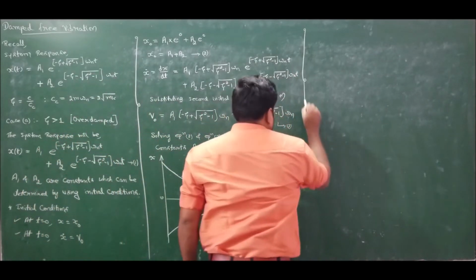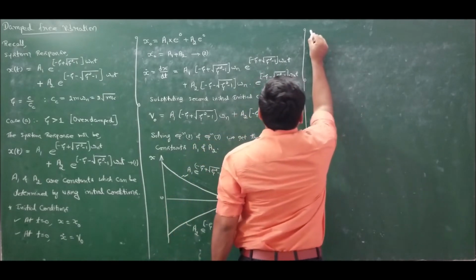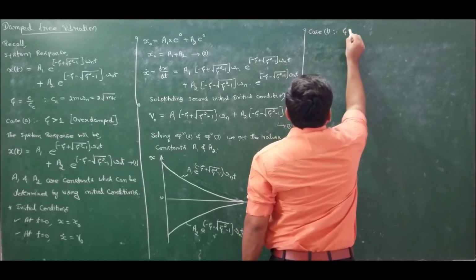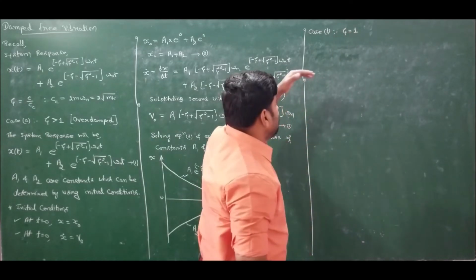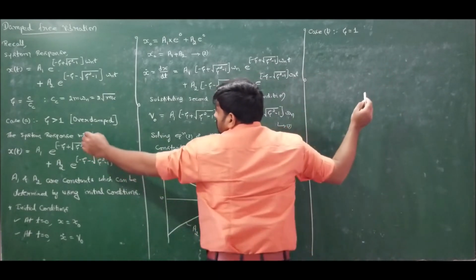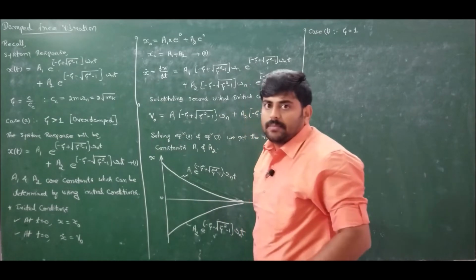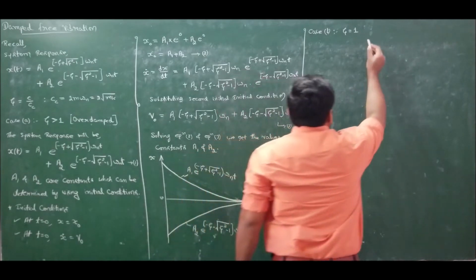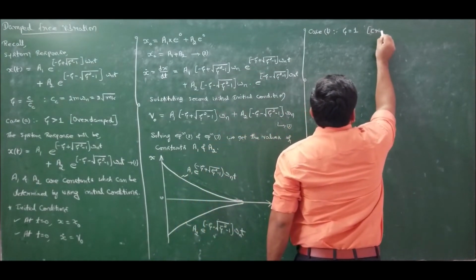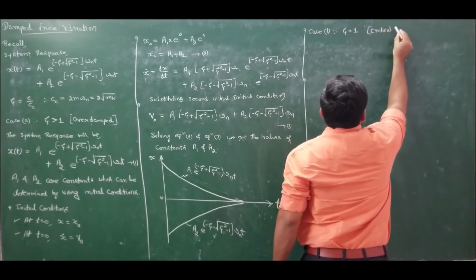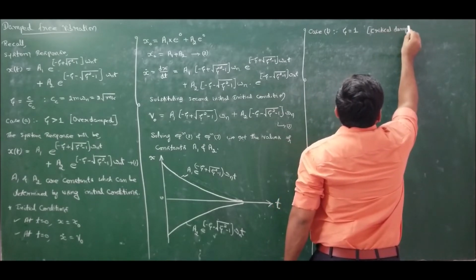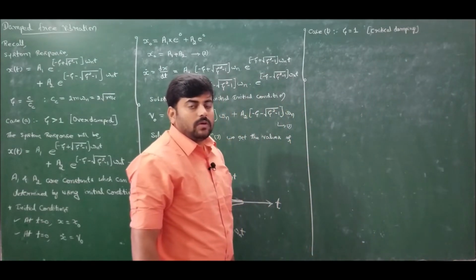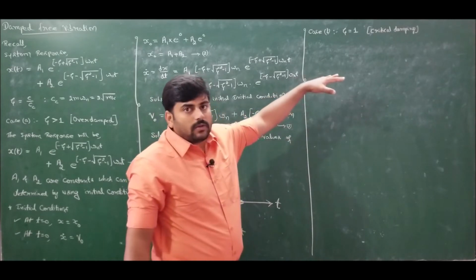Next, moving ahead, I want to discuss critical damping, that is case B. So in case B, I want to take the value of zeta as unity. Whenever the value of zeta becomes unity, that is, damping coefficient and critical damping coefficient are numerically equal, then damping ratio will become unity. Such systems are called critical damped systems. For critical damping case, C should be equal to Cc. Damping coefficient should be equal to critical damping coefficient, and the value of damping factor will become unity.